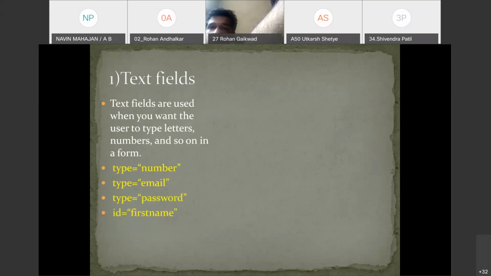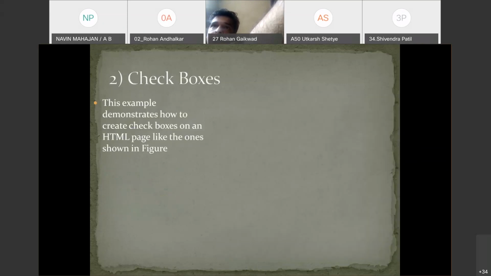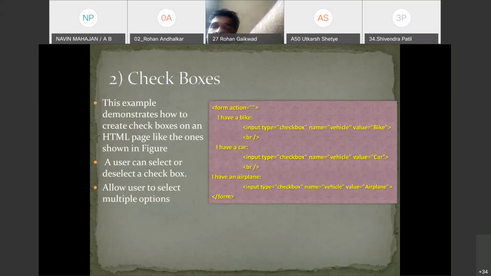Okay, as you can see here, in the previous lecture we have created the text box like this one. Input type is equal to text, first name. Input type is equal to text, last name. As well as in the previous lectures we have created the check boxes. This example demonstrates how to create the checkbox on a HTML page like this one. Users can select or deselect the checkbox. Users are allowed to select the